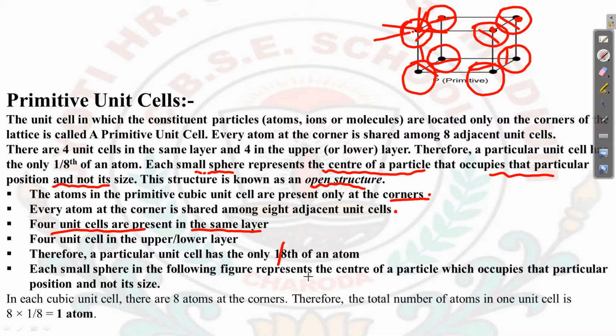1 by 8th of an atom, 1/8th part of an atom. Each small sphere in the following figure represents the center of a particle which occupies that particular position and not its size. Now, in each cubic unit cell, there are total 8 atoms. So therefore, the total number of atoms in one unit cell, how to calculate the total number of atoms in one unit cell? So if I am saying that how many